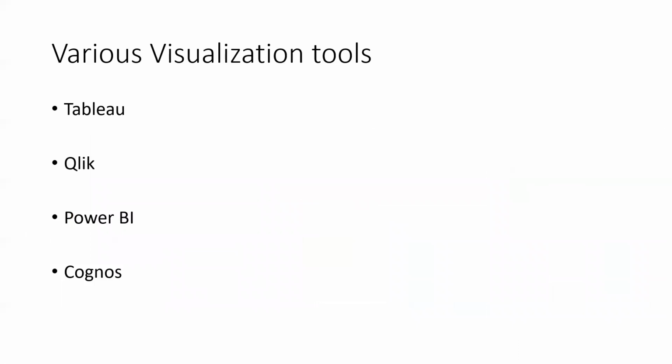Yeah, I was telling you there are various visualization tools for what I have prepared in Excel. In an organization, we do not prepare this in Excel or store the data in Excel. We have to store it in databases. If there is little data, maybe some thousands or hundreds of records, then we can store it in Excel or in CSV, comma separated files. Those are called flat files as well. So we can store that kind of data in Excel if we have very little data. That is fine. We can also use this as our source system.